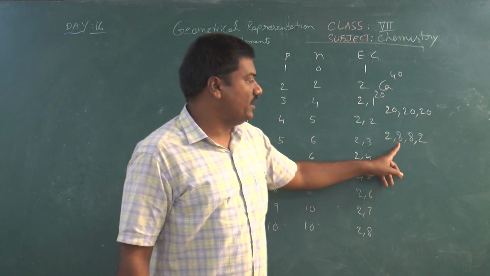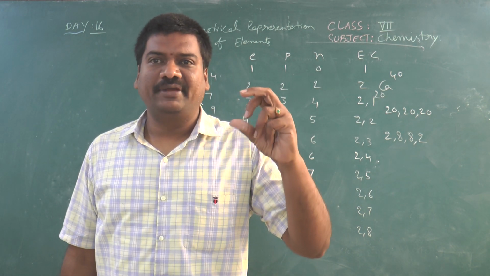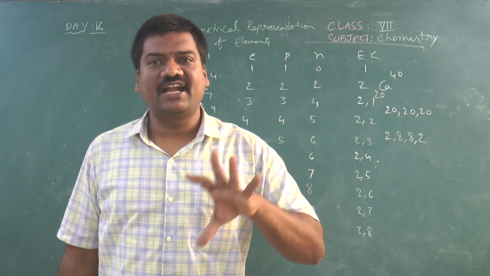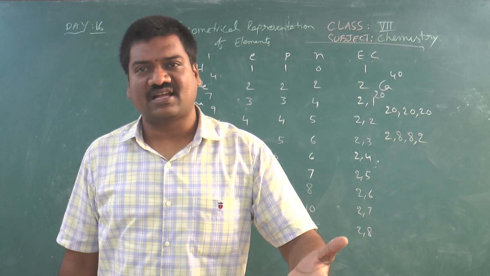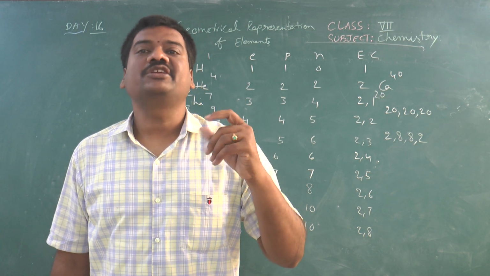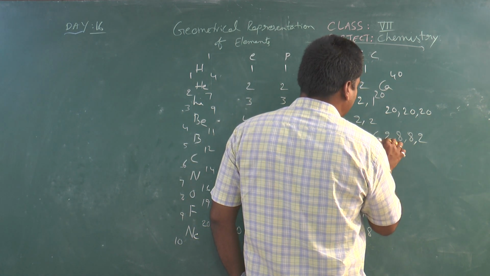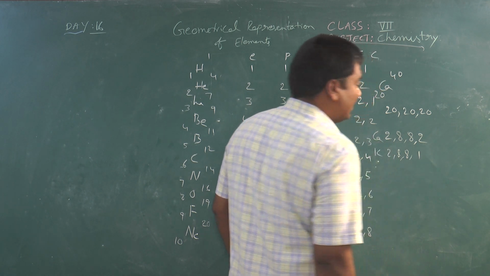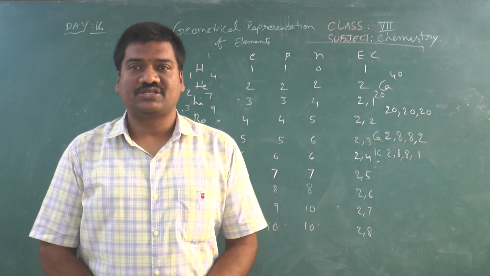Why? Because according to the Bohr-Bury principle, in each orbit except the first orbit, a minimum of 8 electrons will be there. Here, for getting stability, 8 electrons are there, so octet stability will be there. If 8 electrons are there, then even if we have more electrons, they will enter the higher orbit only for getting stability. This is for the calcium atom. Suppose you take potassium, it is 2, 8, 8, 1. Like that, we can write the electronic configuration for the different elements. Okay, thank you.